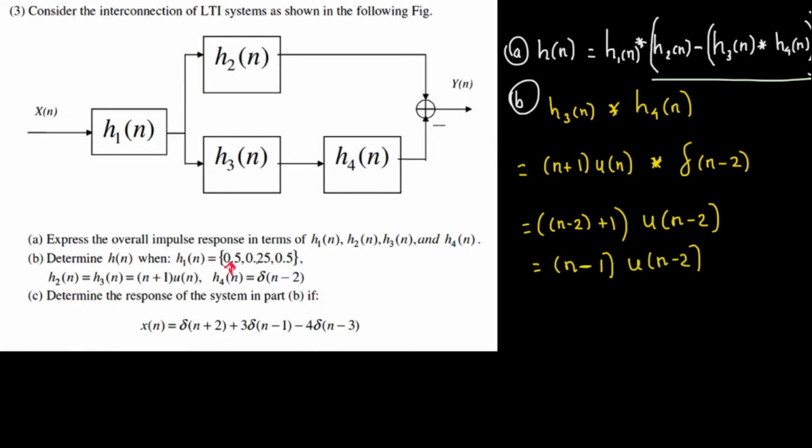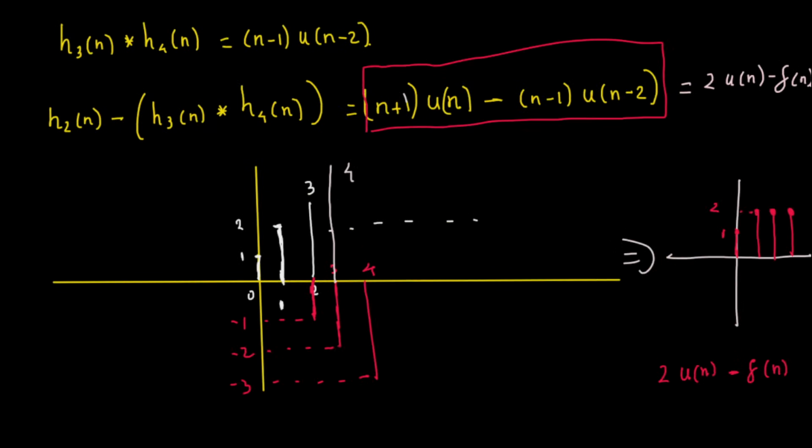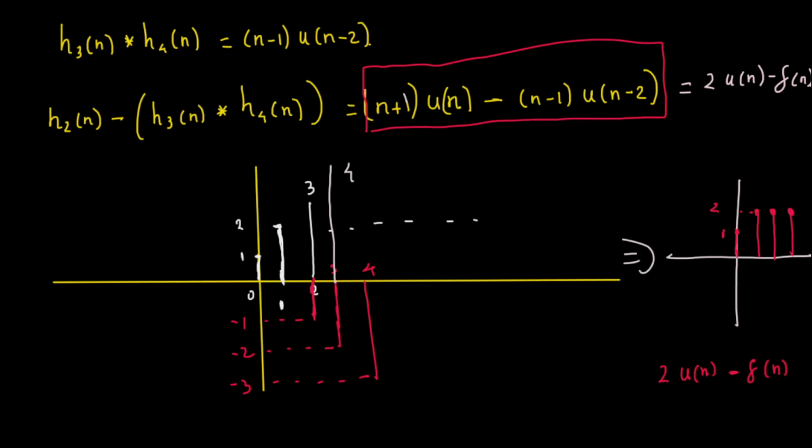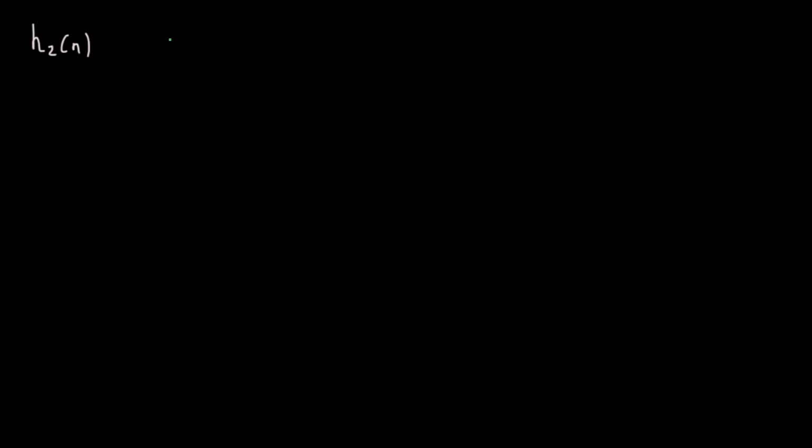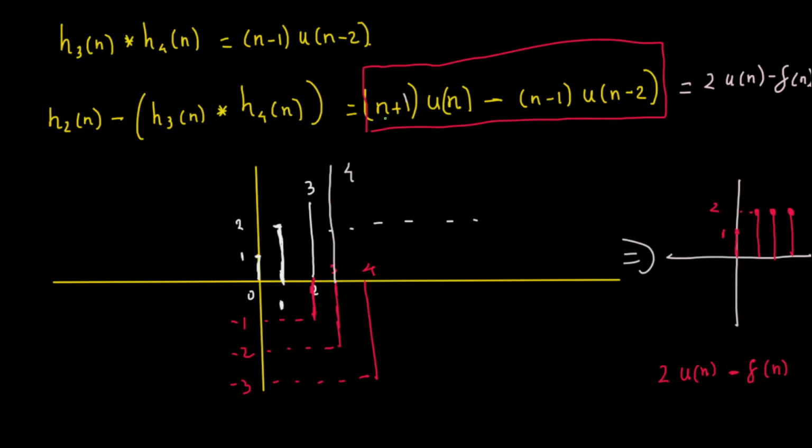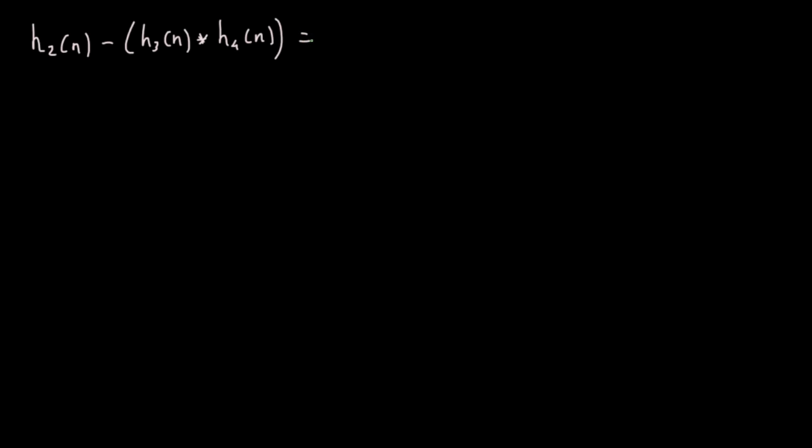Okay, we put an arrow like that saying that this is at 0. Okay, so now we grab this one and do the convolution with h1 of n. So we have the expression for, let's rewrite it, h2 of n minus h3 of n convolved with h4 of n, and that is equal to 2 u of n minus delta of n. And now what we have to do is convolve this whole thing with